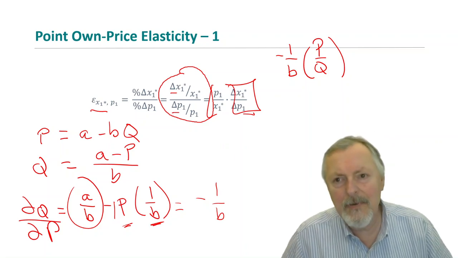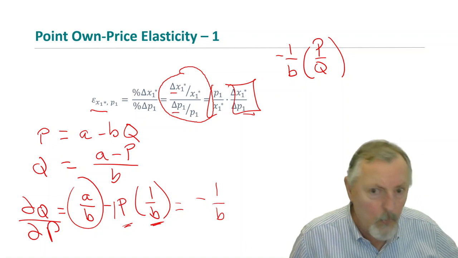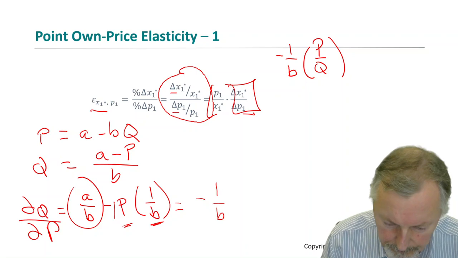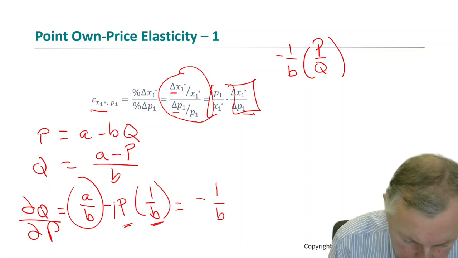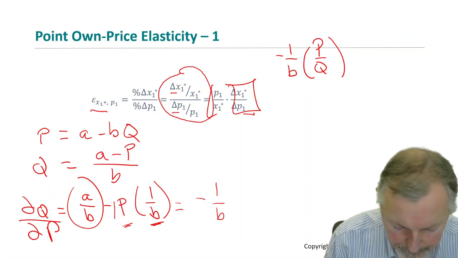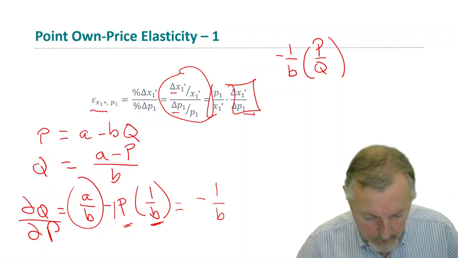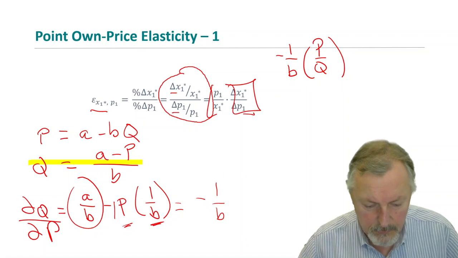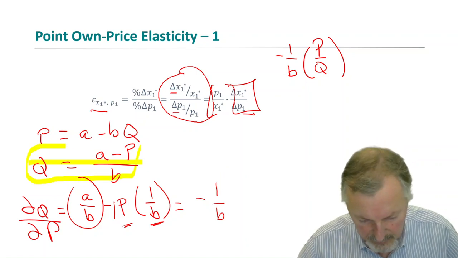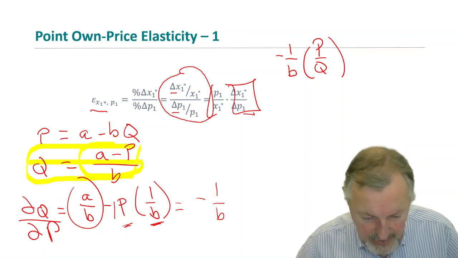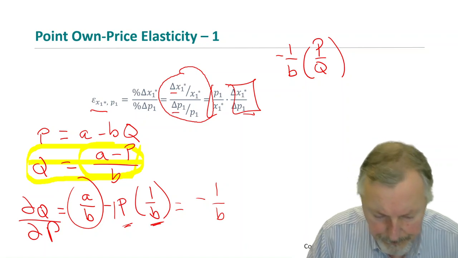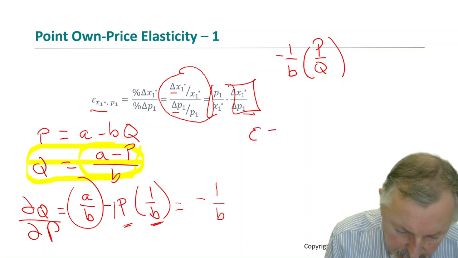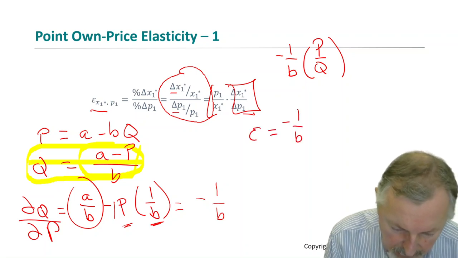Well, so we can't have Q in there. What do we do about that? Well, we have this that describes the relationship between quantity and price. So we can take the right-hand side and plug it in. So the elasticity equals -1 over B